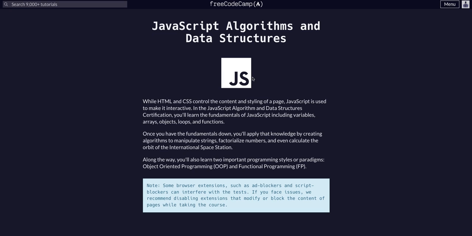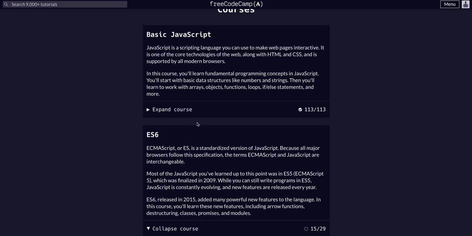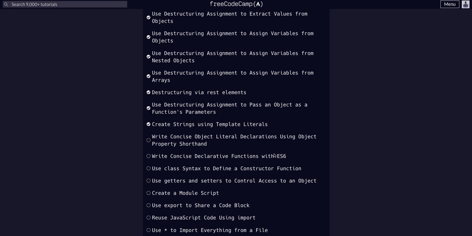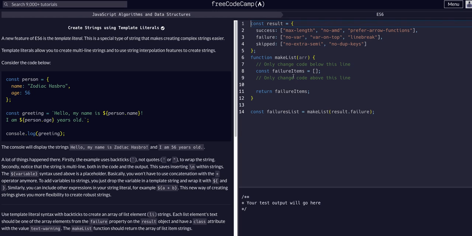Doing JavaScript algos and data structures on FreeCodeCamp. We are in the ES6 course, and we are on challenge 16 of 29. So today, actually we're on 15 of 29. We are going to create strings using template literals. Essentially what we're going to do here is create strings a new way that is honestly much simpler